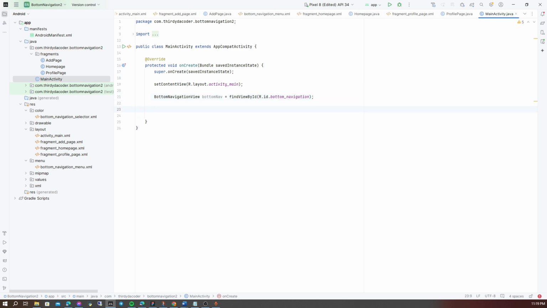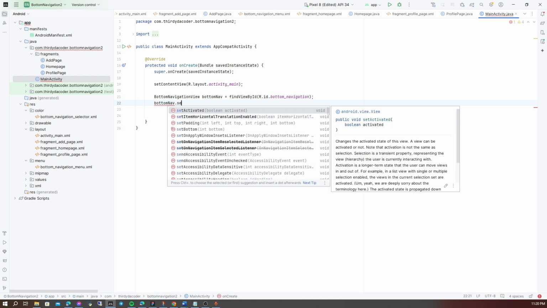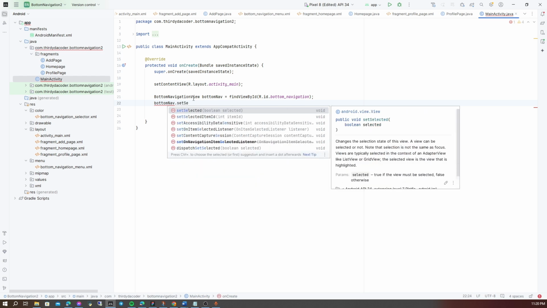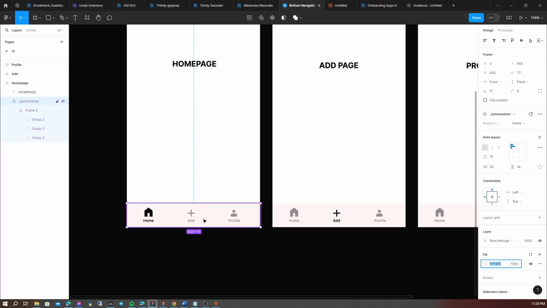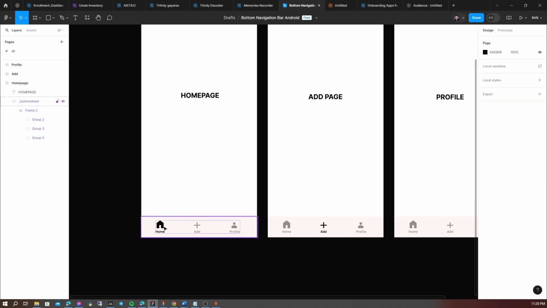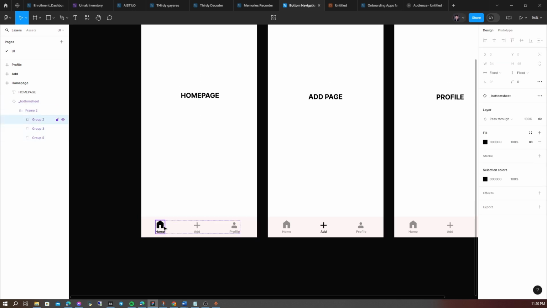Then here we are. Bottom nav, we can copy paste it, and setSelectedItemId. As I mentioned in the Figma, by default the home is the active one.